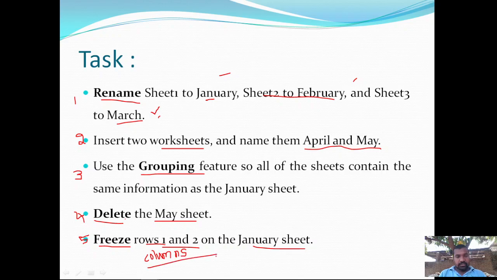After applying the freeze, observe the results, and try to identify how to unfreeze the rows or columns.